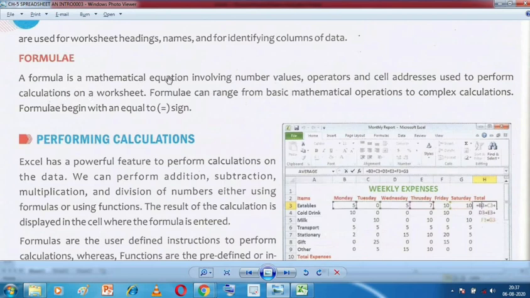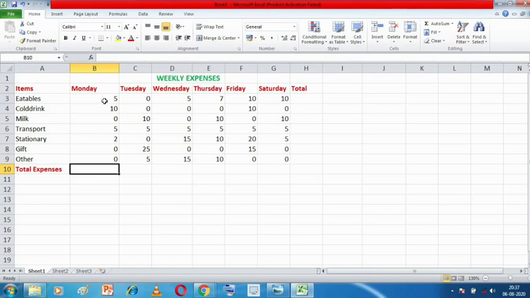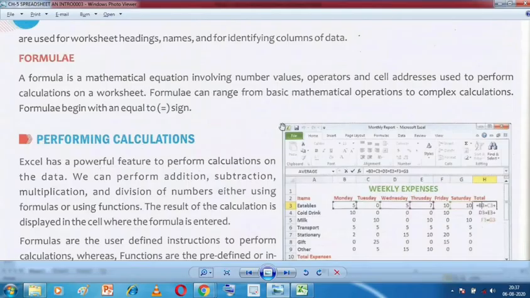We can also enter formulas in our worksheet, and formulas are used for calculations. And they contain what? Number values, operators. Operators means what? Plus, minus, divide, multiplication signs. All these signs are the operators, and cell addresses are the addresses of the different cells on which you have to perform calculation. A formula can range from basic mathematical operations to complex.